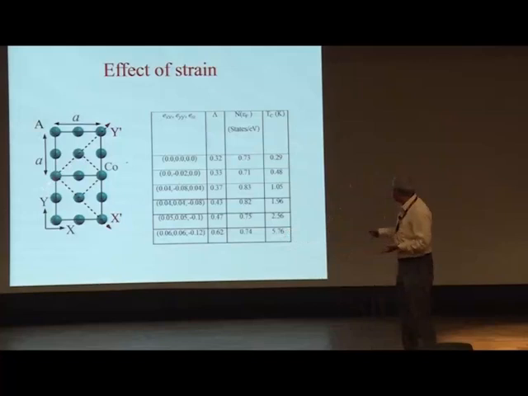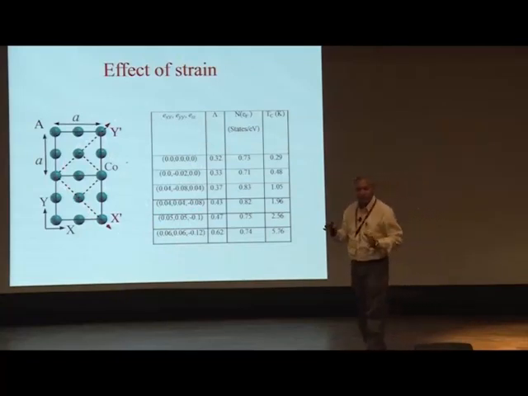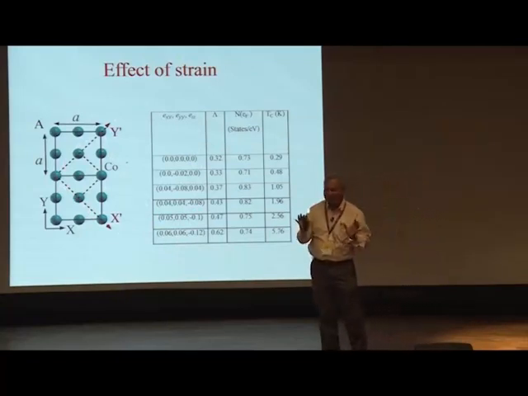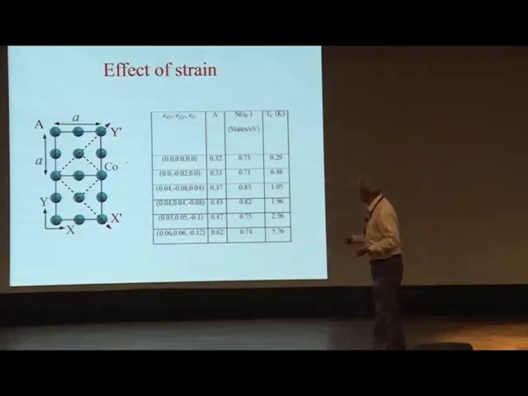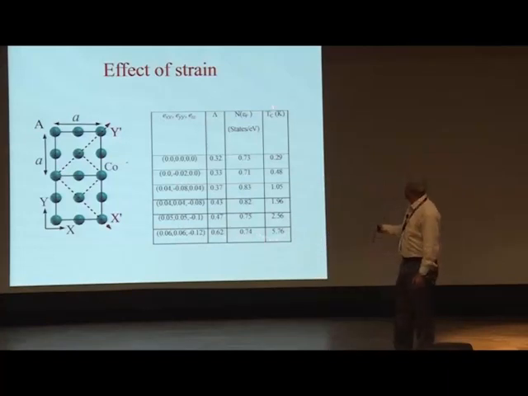That means the FCC lattice, this is the top, and this is the halfway positions. If you define a unit cell this way, it's tetragonal, and then you apply strain along this and this. I'm not going through all of them. The last one I'll describe: 6% expansion along this, 6% expansion along this, and 12% contraction along the z direction. So this is a volume-conserving strain. The volume or the density remains the same, but your lattice is strained in a different way. When you do that, you get 5.76 Kelvin as the transition temperature.